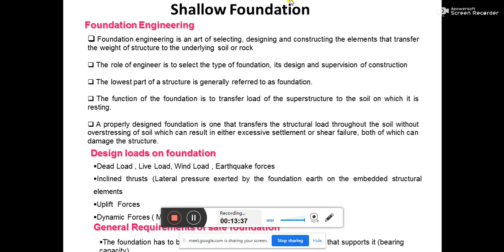Okay, and the second point you see, that line I am reading again: a properly designed foundation is one that transfers the structural load throughout the soil without overstressing of soil, which can result in either excessive settlement or shear failure. So you see, the first part we have understood, that overstressing of soil means it may create the shear failure of the soil. And the second thing, it's very important to understand, again I have just spoken 2 minutes back